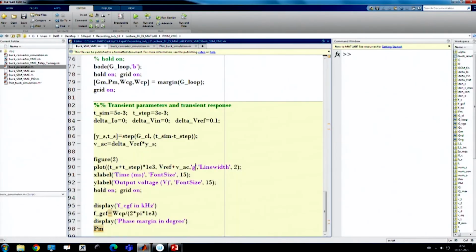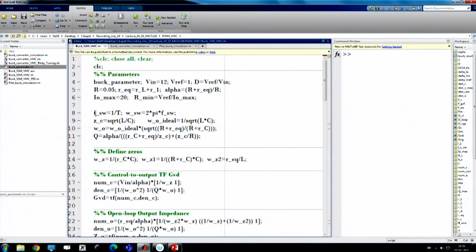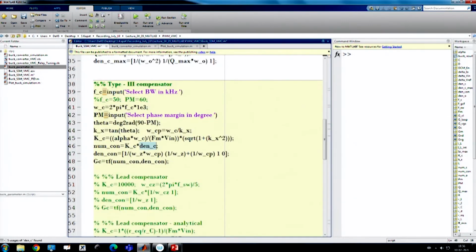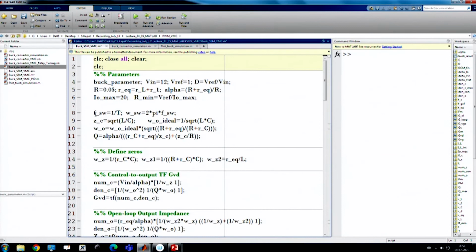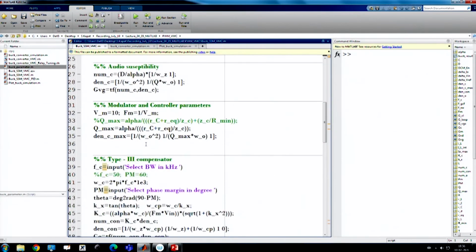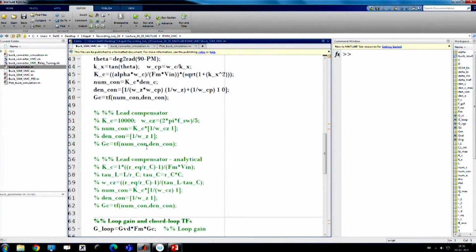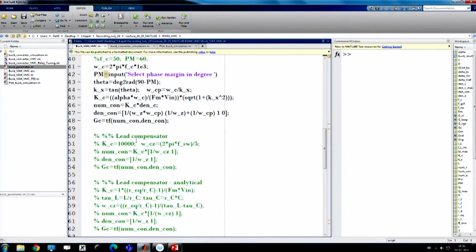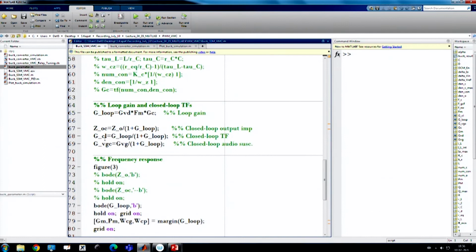let us say exact cancellation. For example, let us consider exact cancellation. Then we want to see what happens for closed loop output impedance, because so far we have discussed the step transient of the reference voltage. Now we are talking about the output impedance. So here we have the expression of the closed loop output impedance. So we also need to plot the Bode plot of the closed loop output impedance